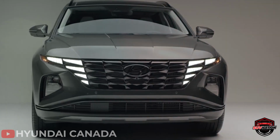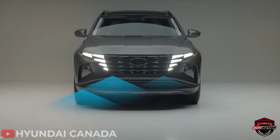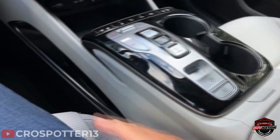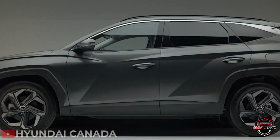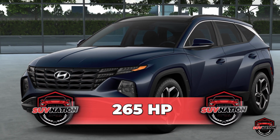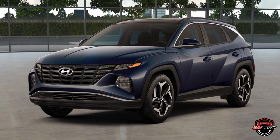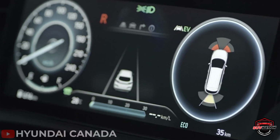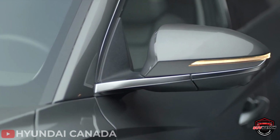Then there's this version, the plug-in hybrid. Once again, 1.6-liter turbocharged petrol engine and an electric motor, but the electric motor's on the rear axle, so it's got a 4-wheel drive and 265 horsepower. It's also automatic only, though it has a 6-speed torque converter automatic, seeing as the case shares its platform with